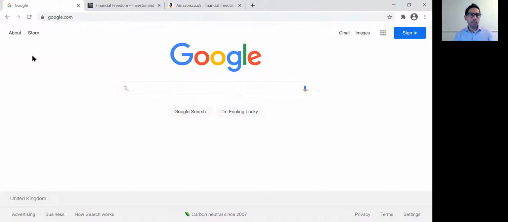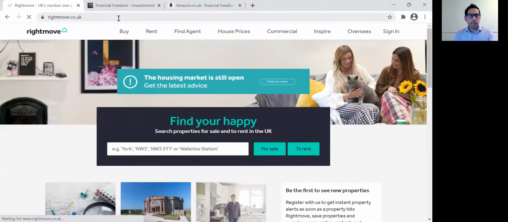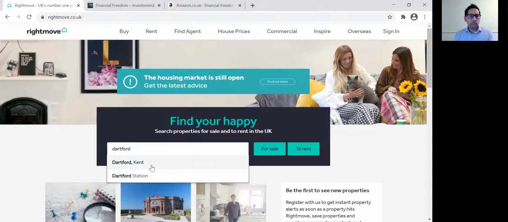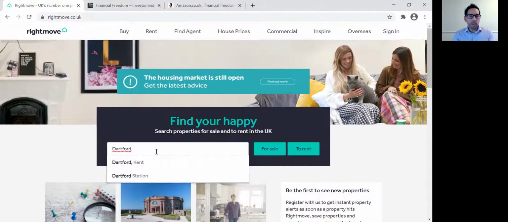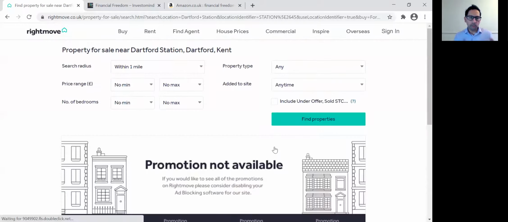So let's start with Google, and we can go into the website, which is rightmove.co.uk. There it is. Okay, and let's say the area you're trying to look for property in is Dartford. Let's go to Dartford station, because everybody wants to be closer to the station. And you would put in, of course, your